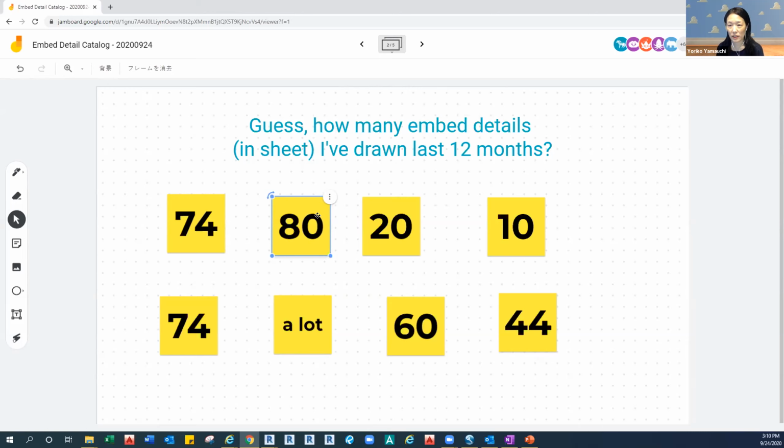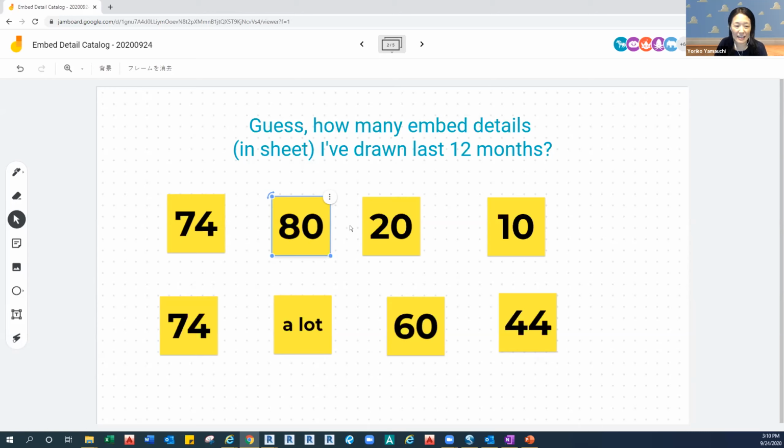We have them already. And I keep recreating the same detail over and over in every single project, right? That's the reason that encouraged me to create the Embed detail catalog, because that can minimize a bunch of drafting time and probably mistakes and also make your life much easier. So that's the reason why.